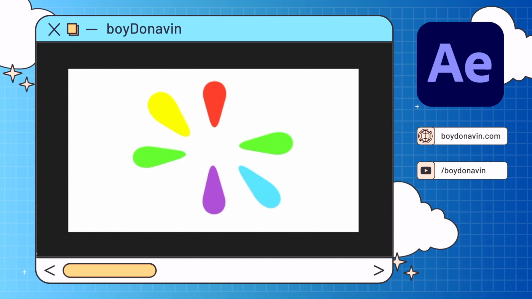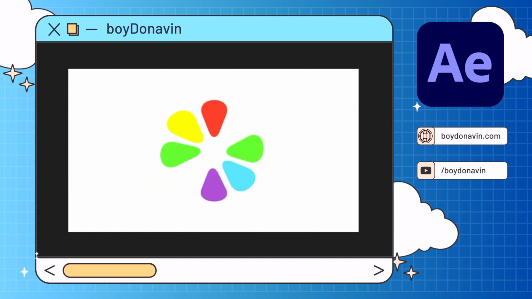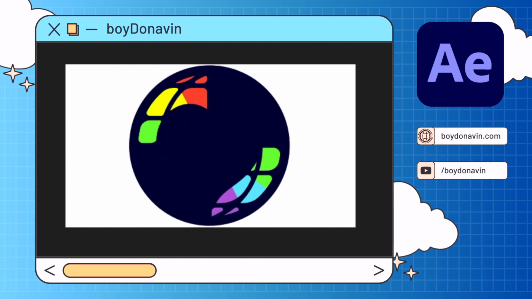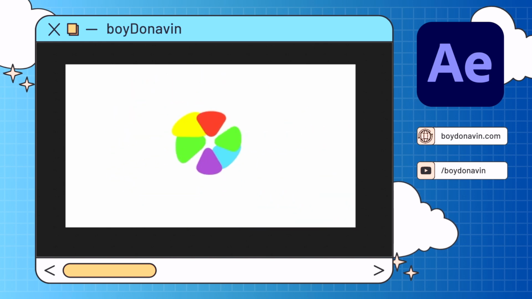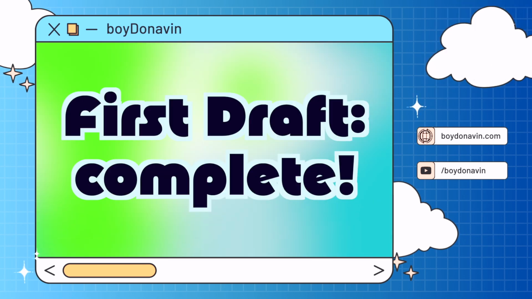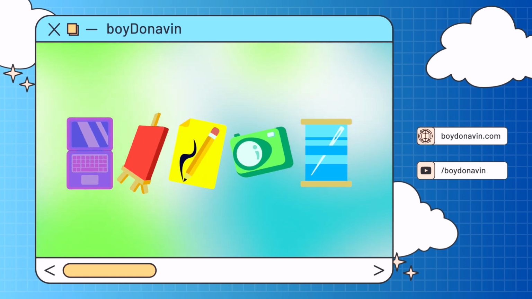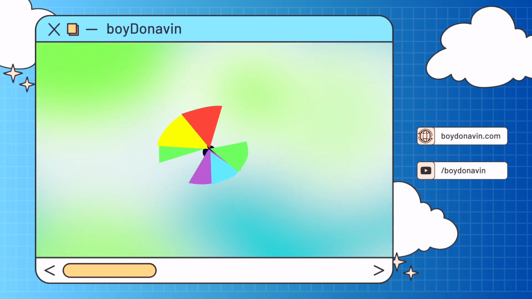I did play around with some of the preset animation effects, like the bounce that I added to that heart. In the end, I didn't keep with that preset effect just because I couldn't get it to the settings that made the most sense to me. Instead, I just went with the same technique that I've been using, which is keyframing the scale. But I'm really excited for how this is turning out.